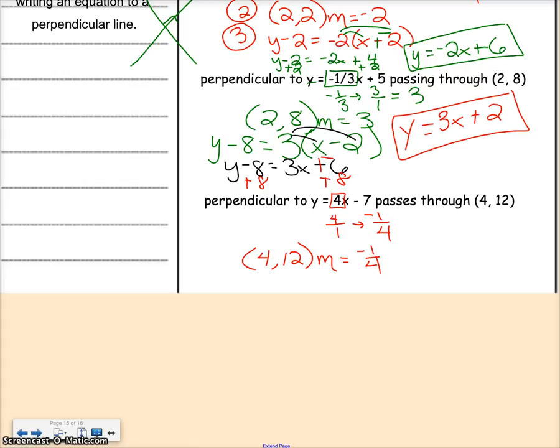Third step, use point slope. Y minus the y you're given is equal to your slope, negative 1/4, times x minus the x you're given. I'm going to go ahead and plus a negative inside the parentheses there because I'm going to distribute a negative. Y minus 12 equals negative 1/4 x